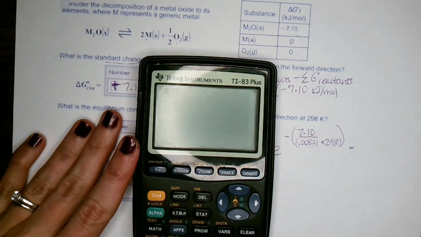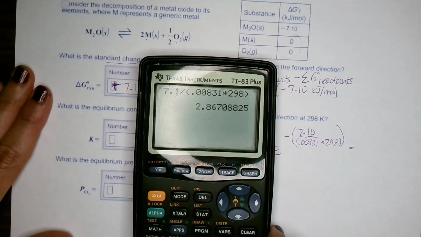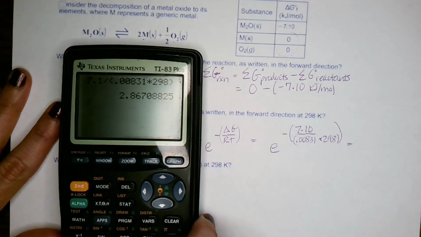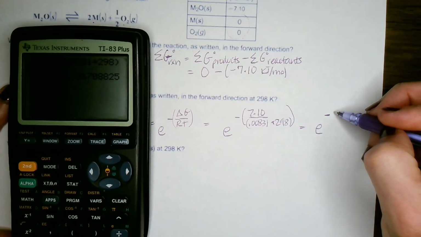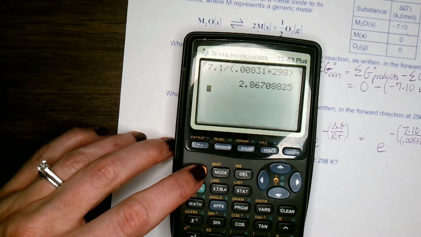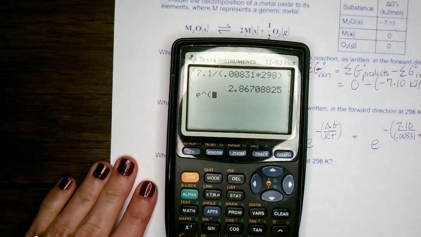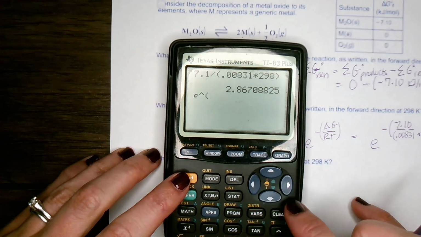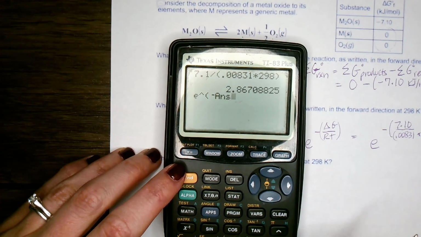Let's simplify that, and we should get 7.1 divided by, in parentheses, 0.00831 times 298, close that parenthesis, 2.87, so that's equal to e to the negative, because we have that negative on the outside, 2.87. So now I'm just going to do the second natural log, or remember that e to the x of, hold on here,